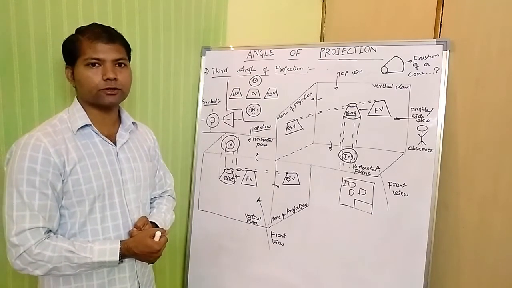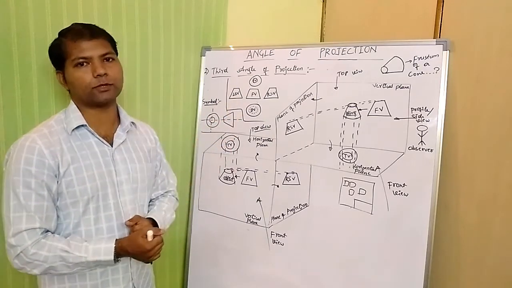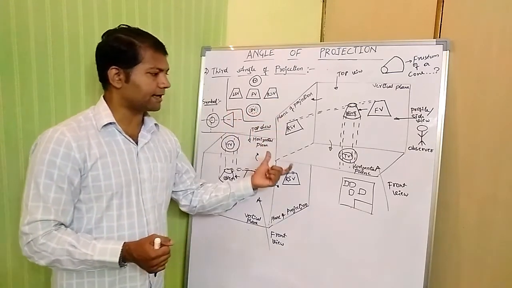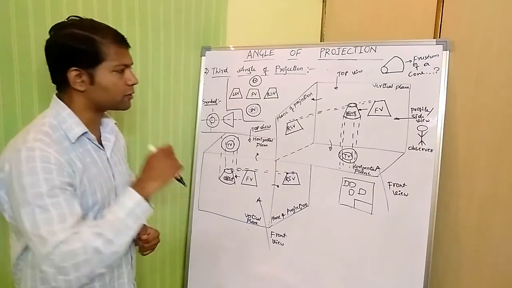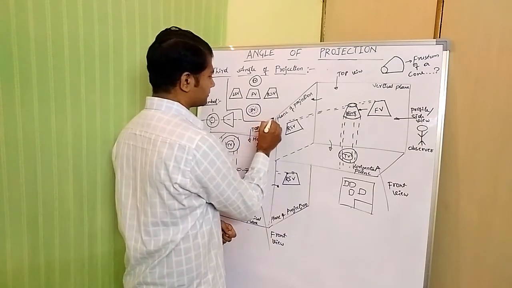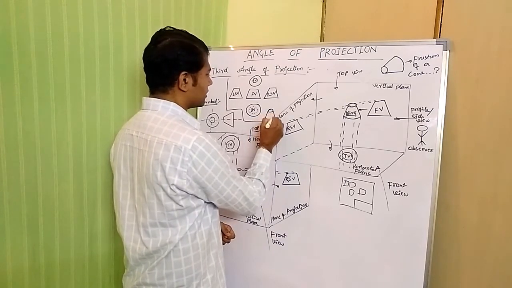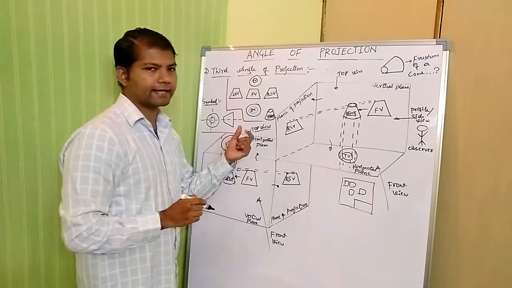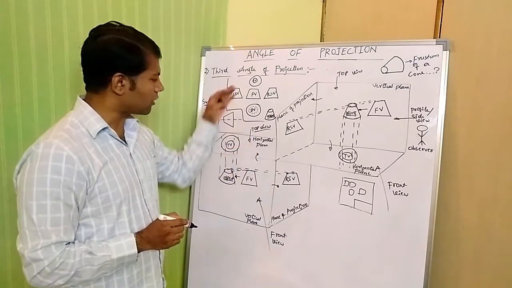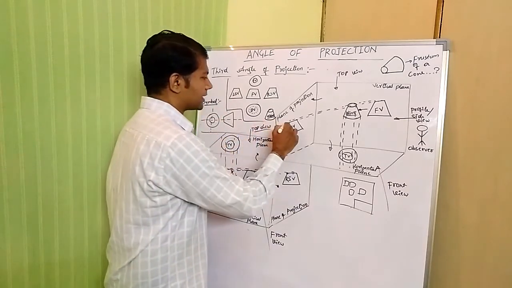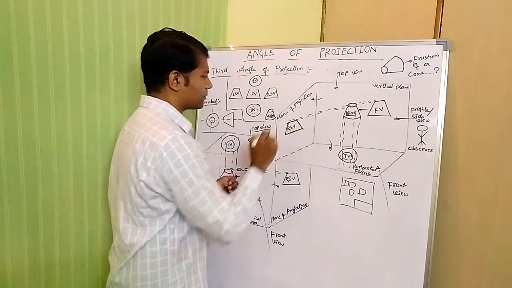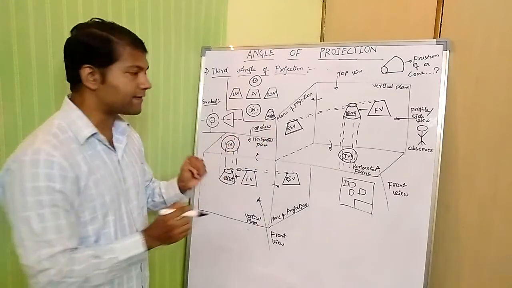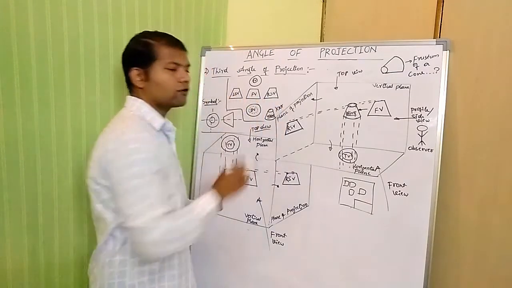So friends, I hope you understood this concept, the first angle of projection and the third angle of projection. Now one more question comes here. Why can we not consider the second angle of projection and the fourth angle of projection? Suppose I place a frustum somewhere else. What happens in the second angle of projection? The front view remains the same, the top view remains the same, whereas the side view is projected on a plane of projection. So the side views are going to overlap. That's why we do not consider the second angle of projection.